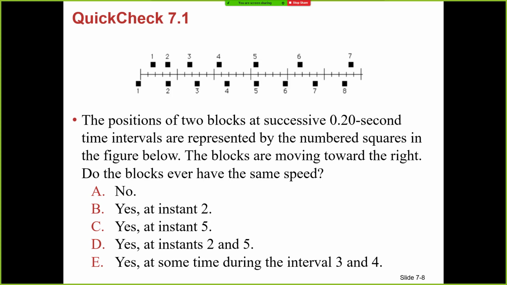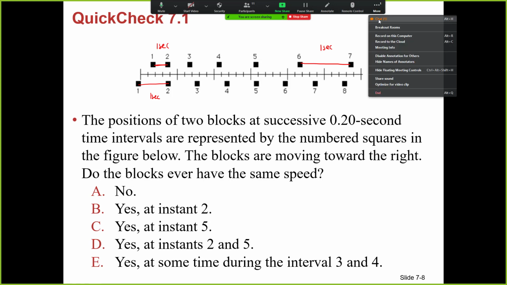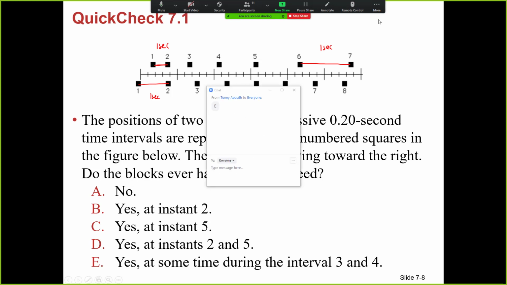So here, this distance is the distance traveled in 1 second time. This distance is the distance traveled in 1 second time. That distance is the distance traveled in 1 second time. So we need to decide whether they have the same speed at any instance, or there is no instance where they